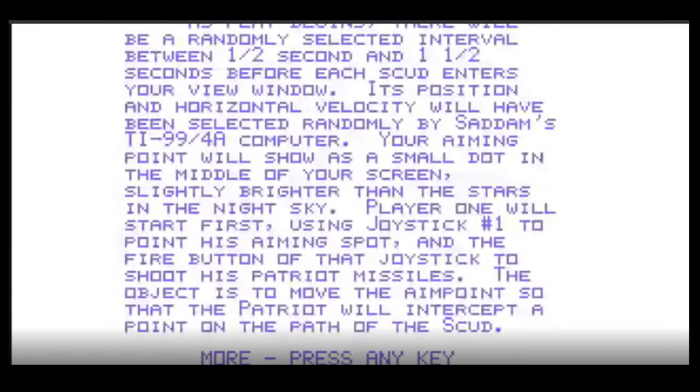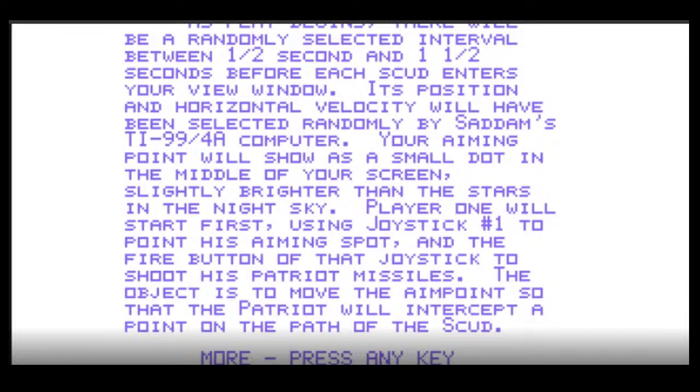As play begins, there will be a randomly selected interval between 1/2 second and 1.5 seconds before each Scud enters your view window. Its position and horizontal velocity will have been selected randomly by Saddam's TI-99/4A computer. He had one?